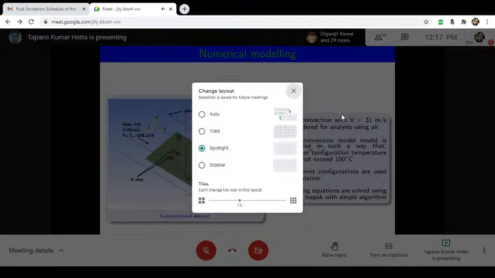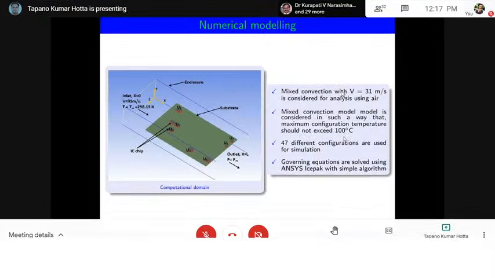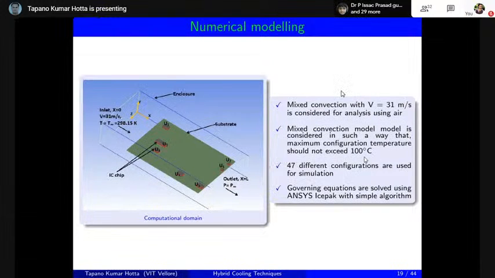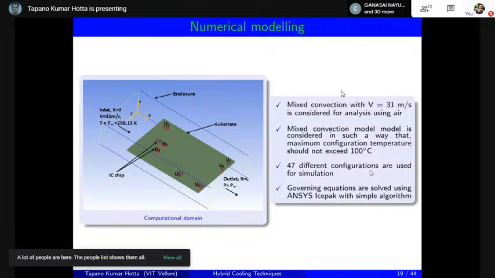The mixed convection velocity has to be identified by choosing that the temperature should not go beyond the safe temperature limit of 100. All the mixed convection heat transfer modes are quantified by a non-dimensional parameter called the Richardson number, which is given as Grashof number divided by Reynolds number squared. If you go with this approach, you can get the mixed convection velocity equal to 31 meter per second. So with the same configuration, we have now carried out the numerical simulations